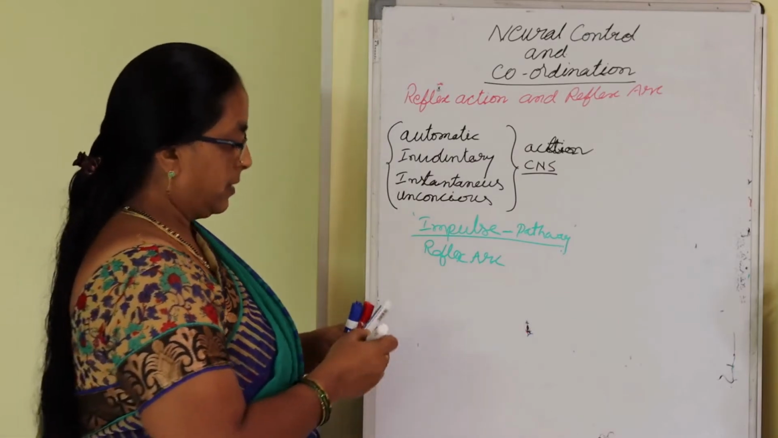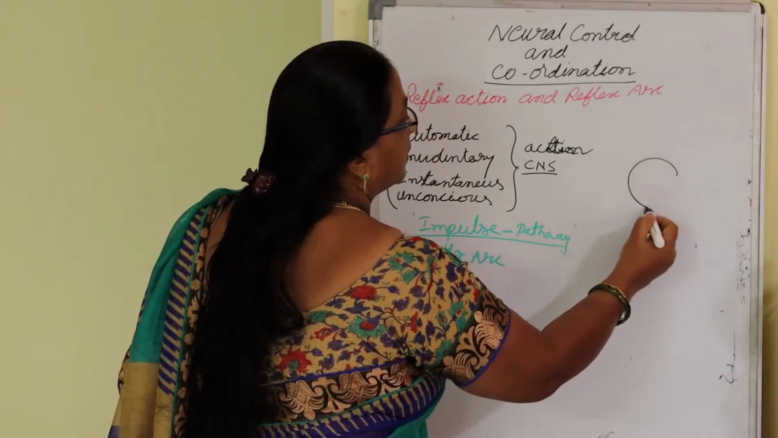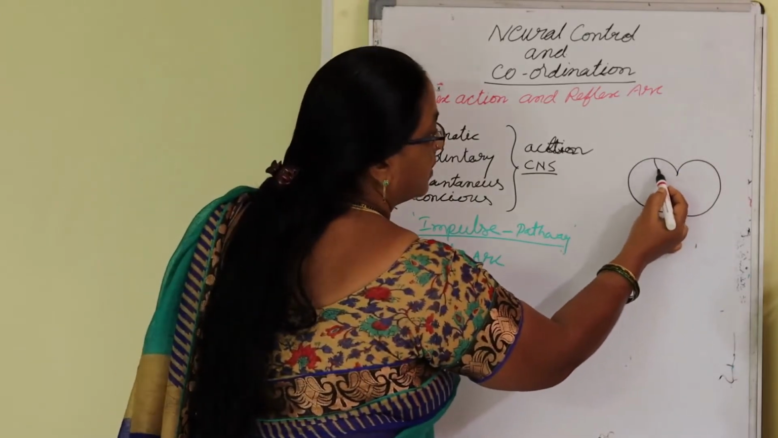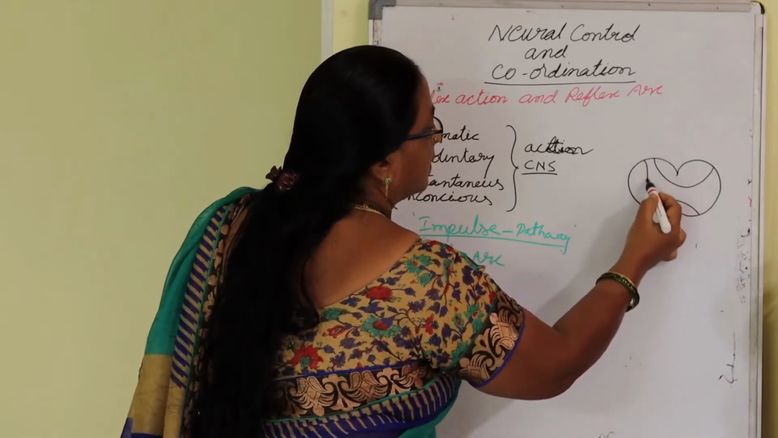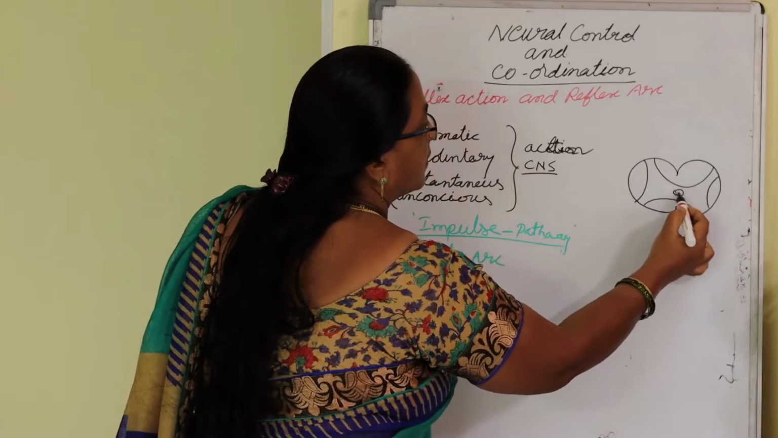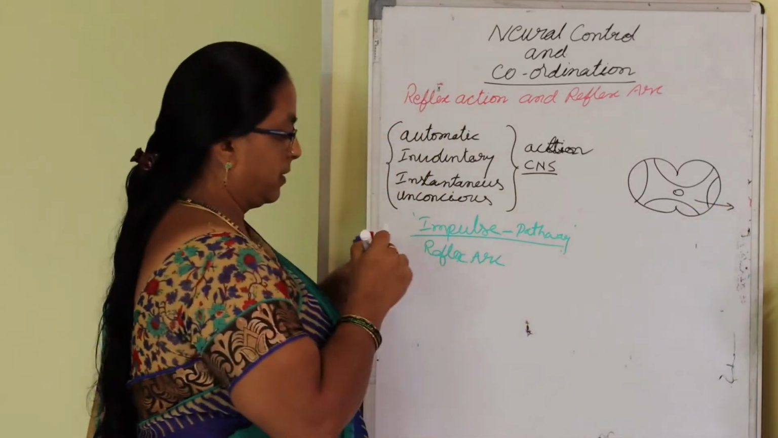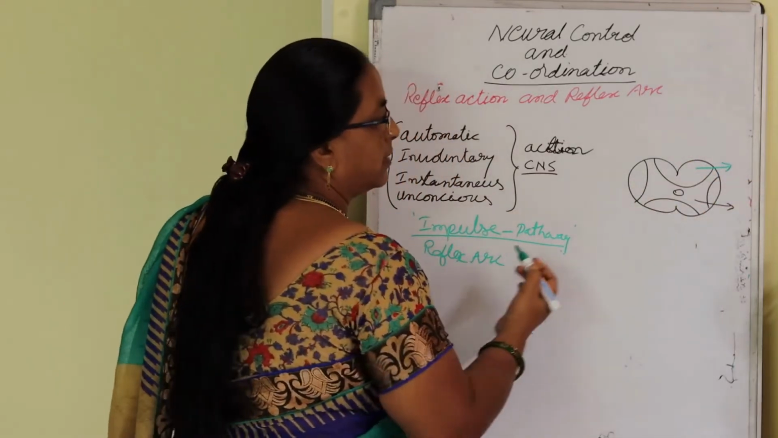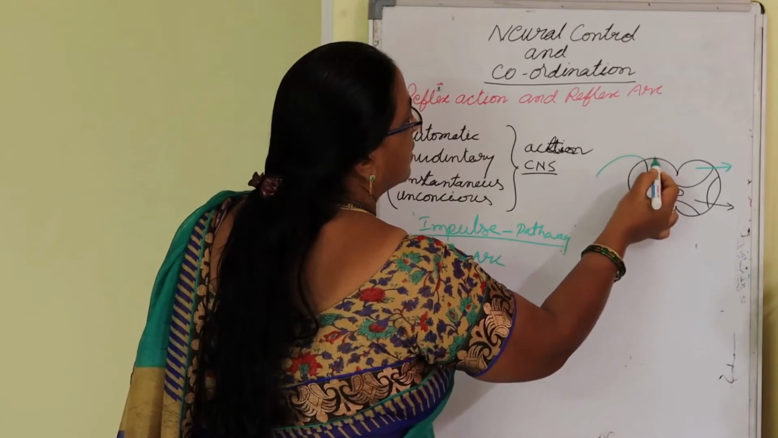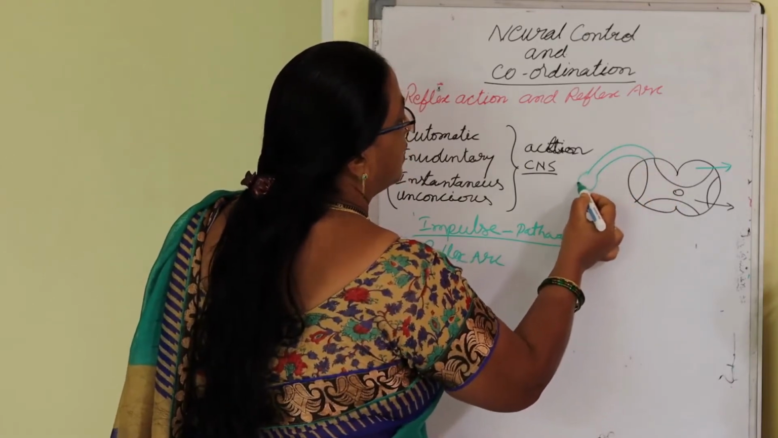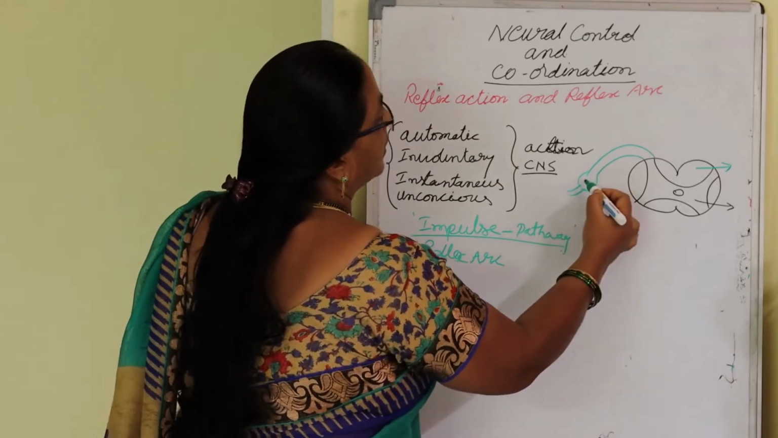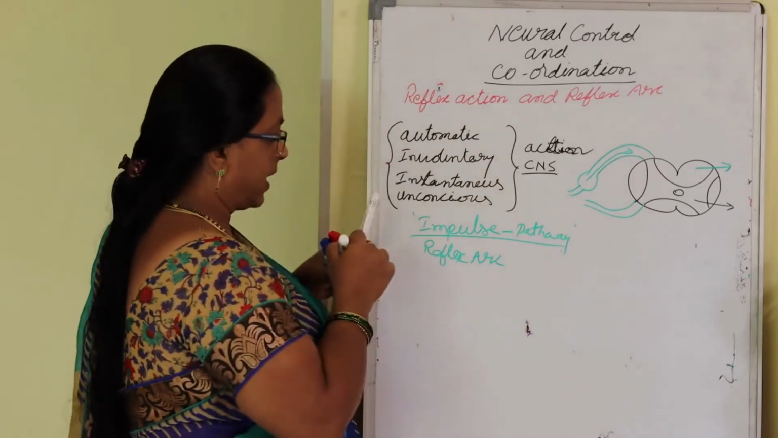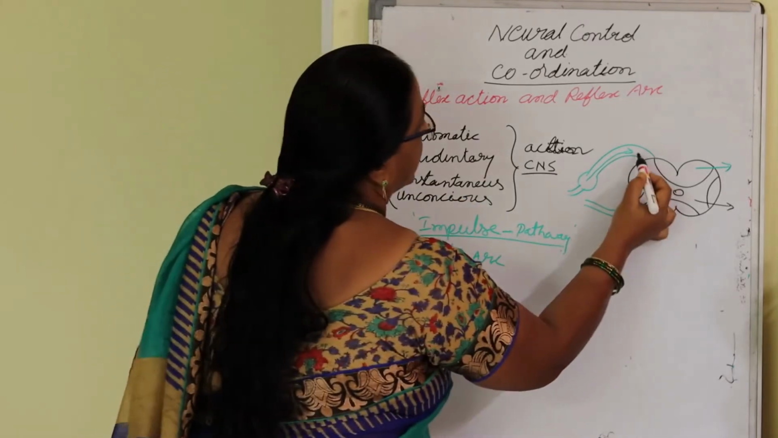This is the spinal cord, which we already discussed. This is the grey matter and this is the white matter. Here it is the dorsal ganglionic root, and here the ventral ganglionic root, and the nerve impulse